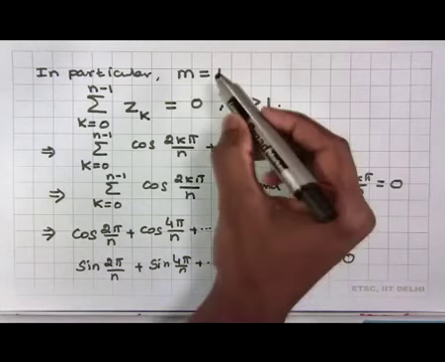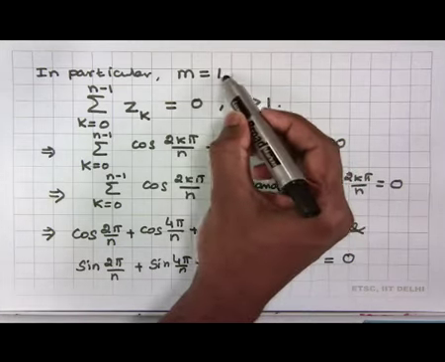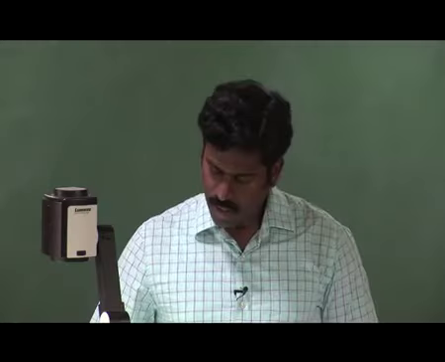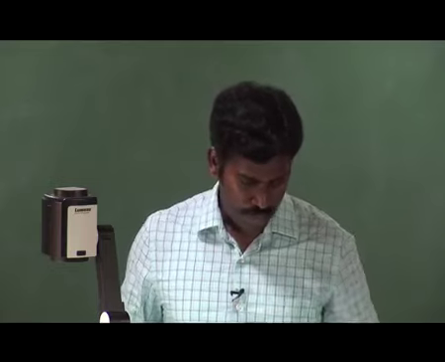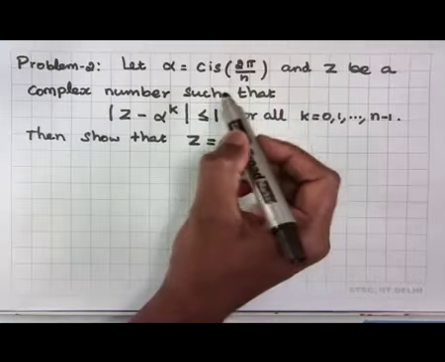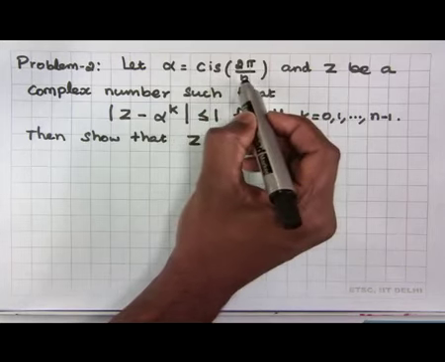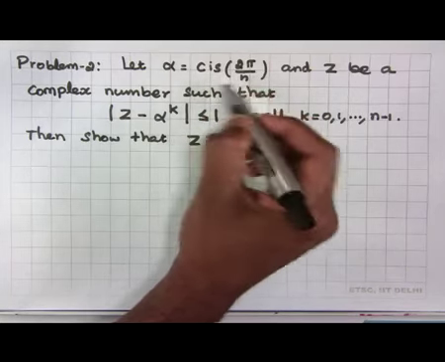So, for the particular case power m equal to 1, we got a nice trigonometric identity. Let us do a simple problem based on this proposition. We denote alpha as cis 2 pi by n, it is nothing but the nth root of unity,